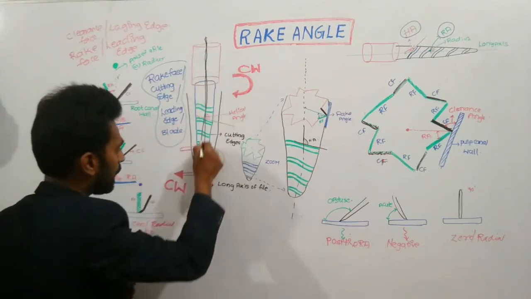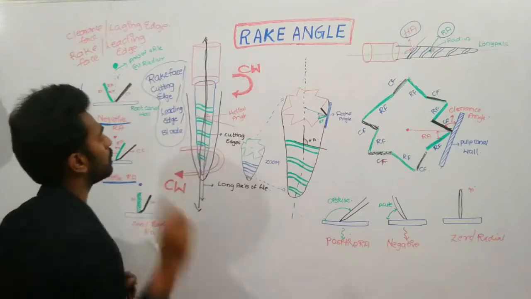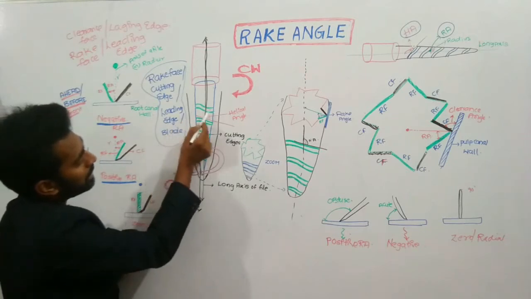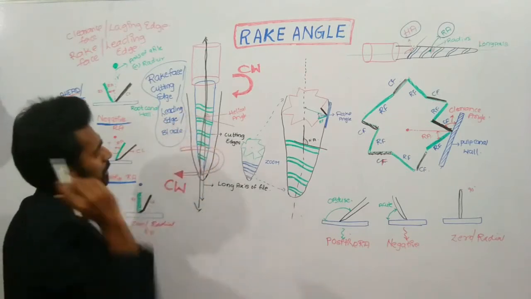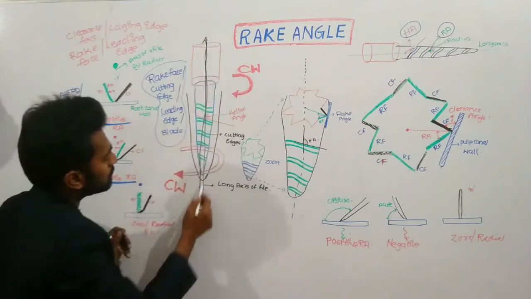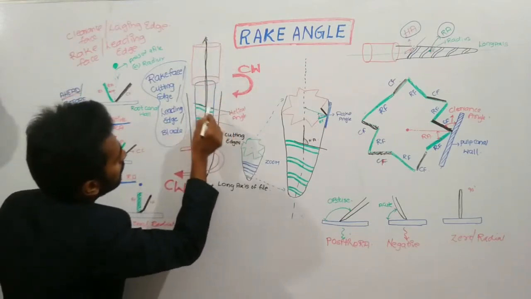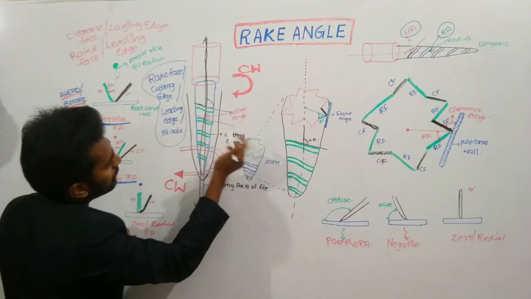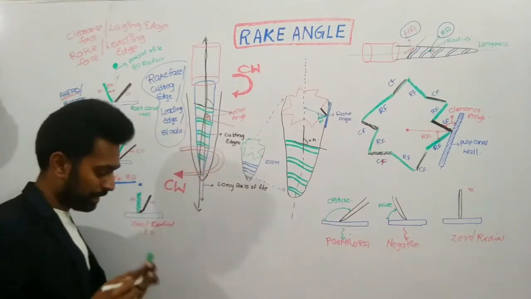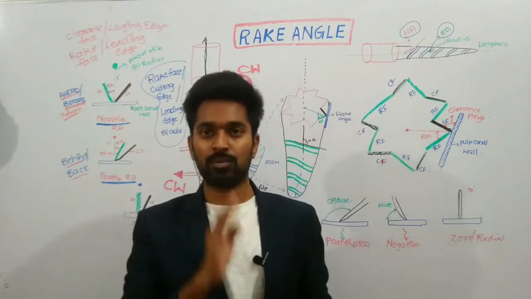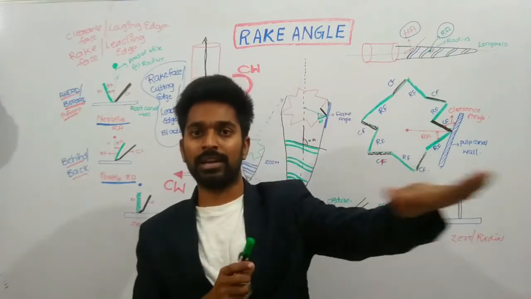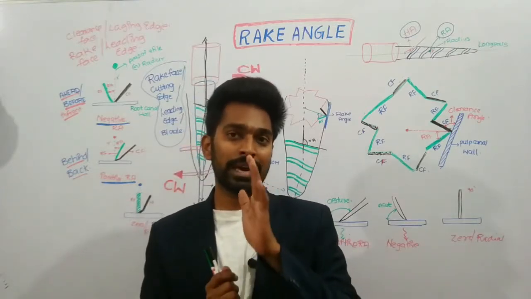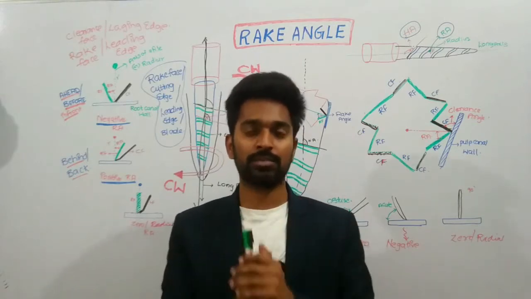This will become your long axis of a file, right? So the angle which is formed between the long axis of a file and these green colored parts, which are your cutting edges, right? This angle is called the helical angle. I repeat, if an angle is formed between the long axis of a file and this cutting edge, this angle is called the helical angle. Now let us see what a rake angle is and how it differs from the helical angle.